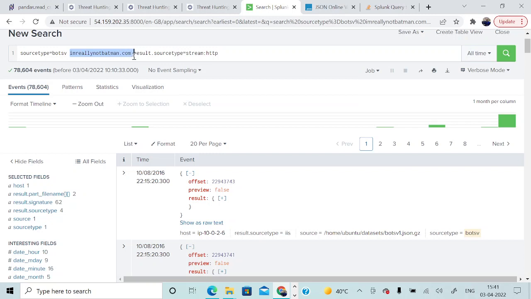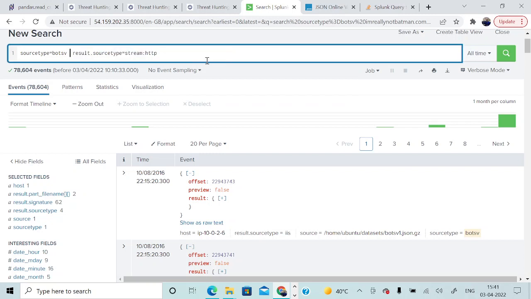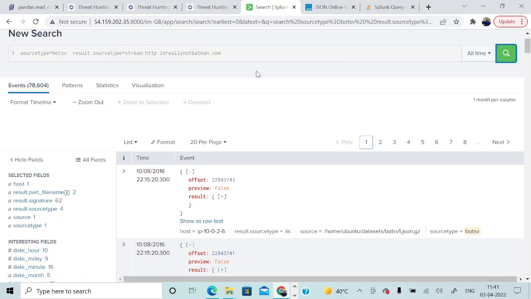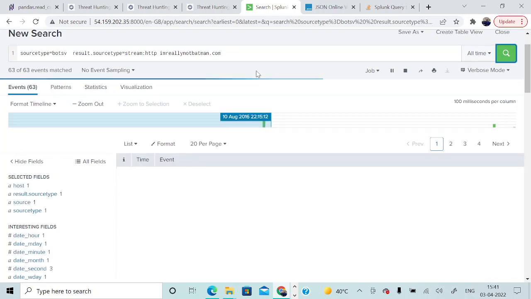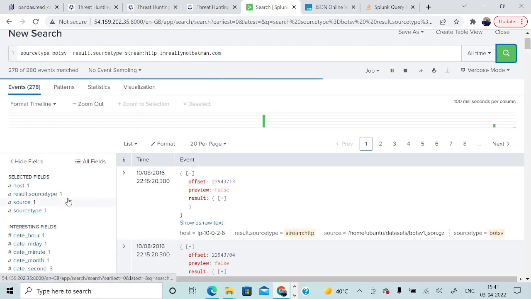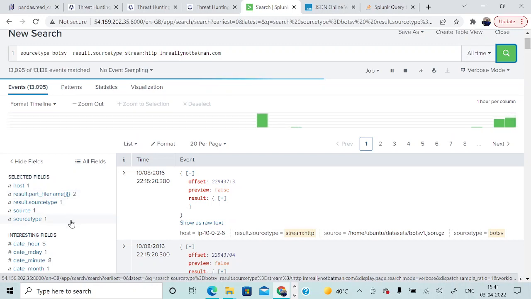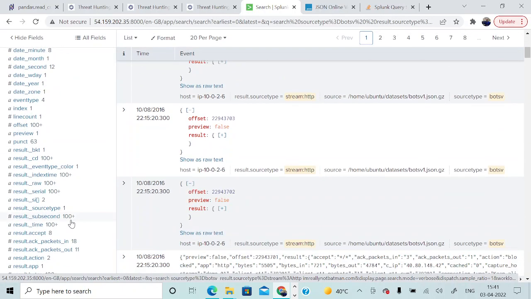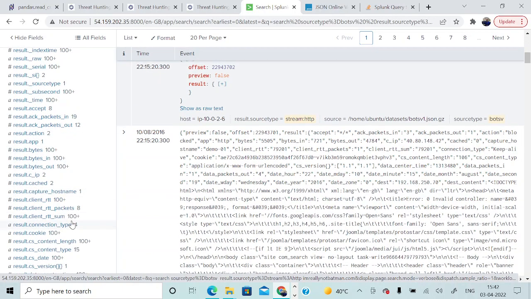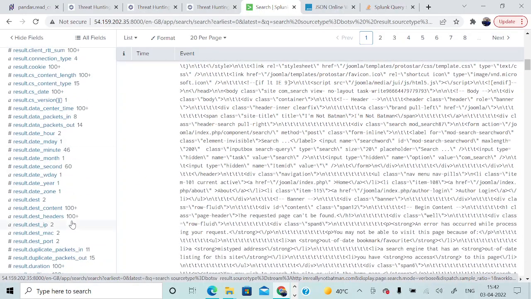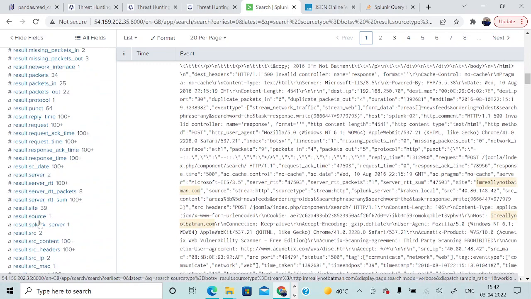And this particular website name. We'll be making use of the verbose mode for the investigation for the time being. So now we have the website. We also explicitly mentioned what source type we are interested in as of now. Let's scroll down, and we would be interested in what the source IP is that is basically requesting this particular website. If I scroll down further,